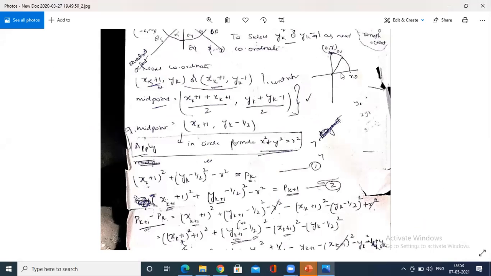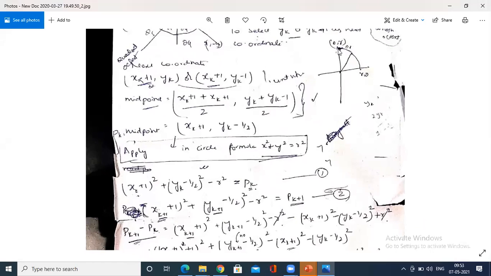Here is the radius. The points are 0 comma r, and here r comma 0. What is the value of y over here? It is 0. What is the value of x over here? It is r. Remember that. And once this arc is completed, what is the value of x over here? It is r. What is the value of y over here? It is 0. And we have to determine this arc.